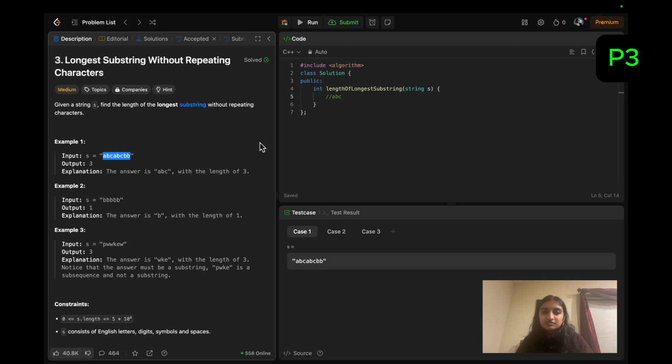Let me just use this as an example. So we have a left pointer and we have a right pointer. That's going to start off both at 0. We slowly inch the right pointer forward until we find a character that has already been found before. And in this case, because we did find the character within the sliding window that we've created from A to A, we just shift the left pointer forward a little bit and then keep going